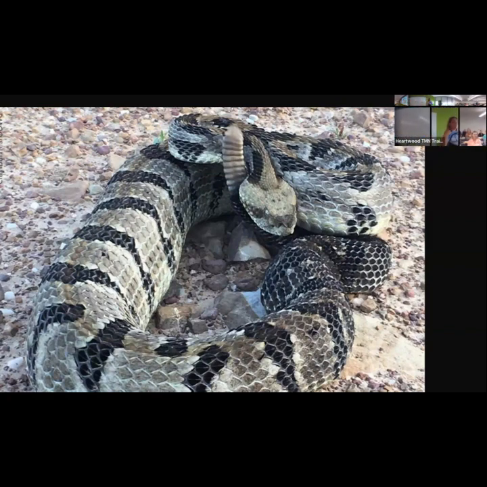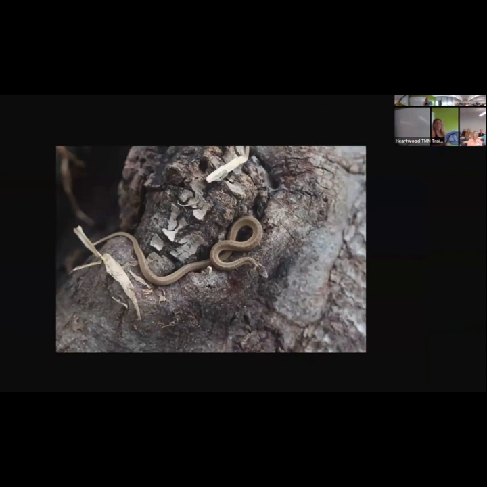It wasn't me, I didn't take that picture. Who's this friend? That's the DeKay's brown snake. All over our garden, they are non-venomous, super friendly little guys. I've never been bitten by them. I don't think they have the ability to bite a human. They're just in our leaves and our wood, eating earthworms and little cicada larvae. They're just there. What was the name again? DeKay's brown snake, DeKay's.